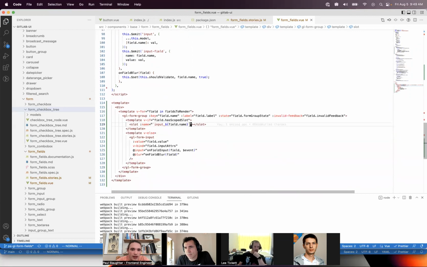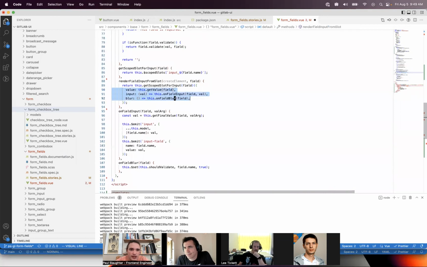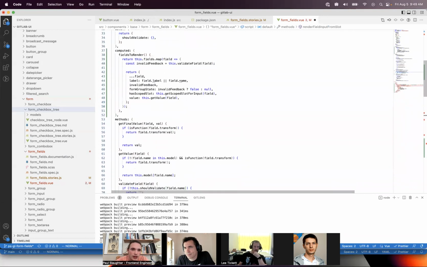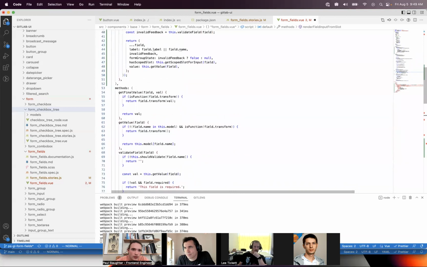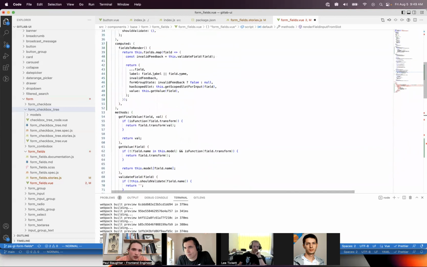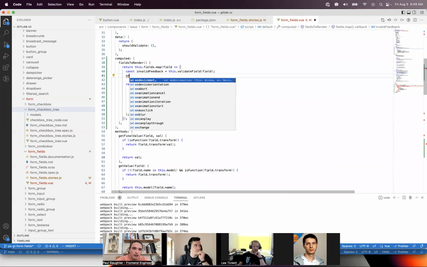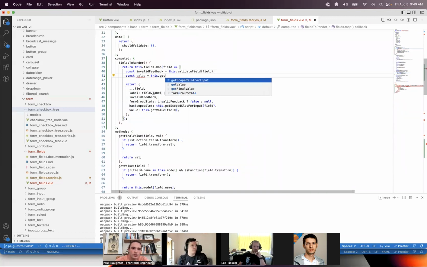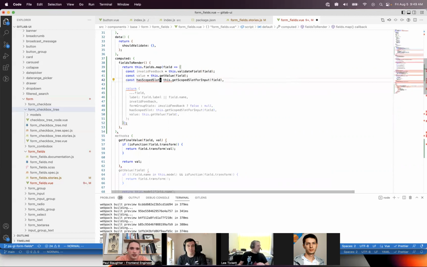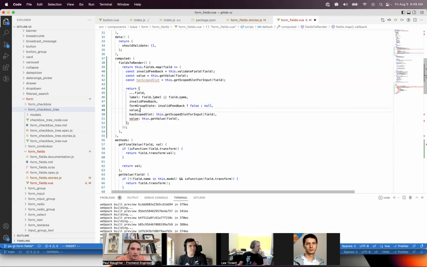And then, oh yeah, and then we just bind to it this stuff. And so we'll move this. I'm going to move this actually to... yeah. So let me move value over to const has scope slots equals up. So I think I'm going to say value. And then